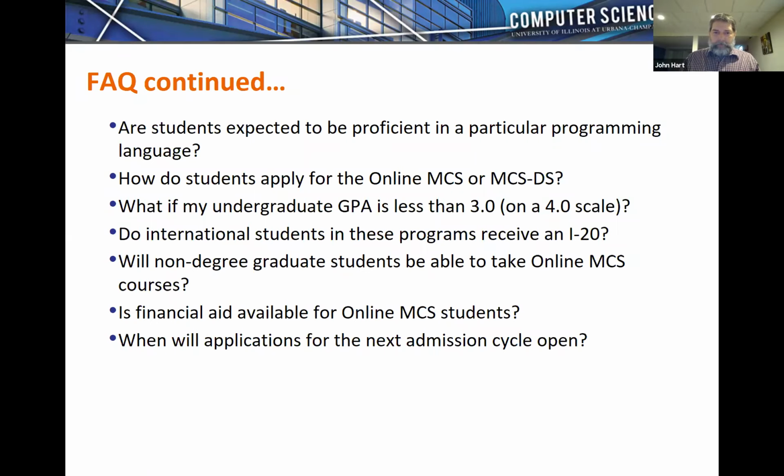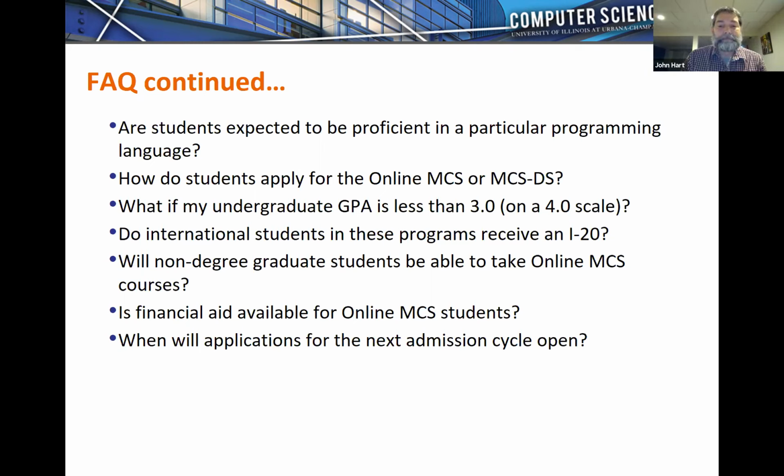Yes. So if you want to just take a few courses in the online MCS program, you can apply to be a non-degree grad student and complete 2 or 3 courses. However, all of our students in our 4-credit courses have to be able to maintain adequate progress towards getting through the courses. And so the admissions requirement in order to be admitted non-degree to be able to take those courses is the same criterion as being admitted for the degree program itself.